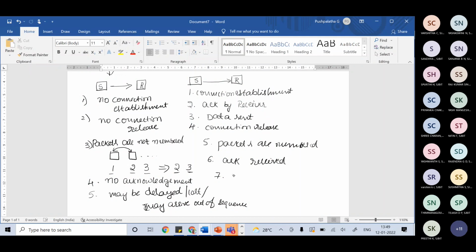If a packet you sent is not received by the receiver, the sender will retransmit it, because for each and every packet you have an acknowledgement. Only after an acknowledgement is received will the sender send the next data.